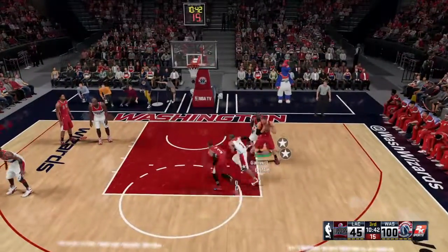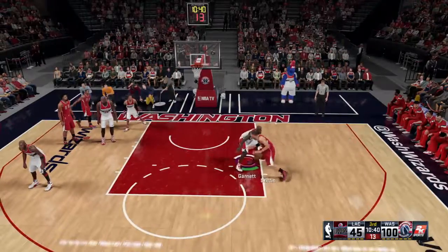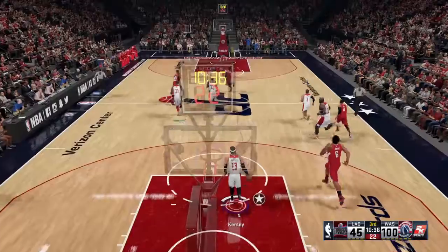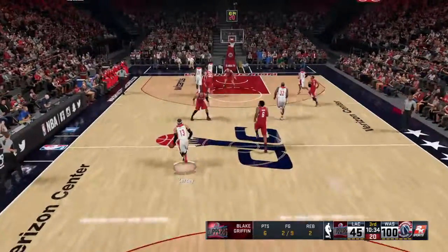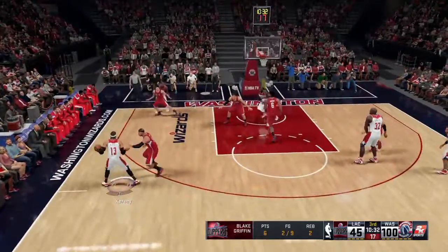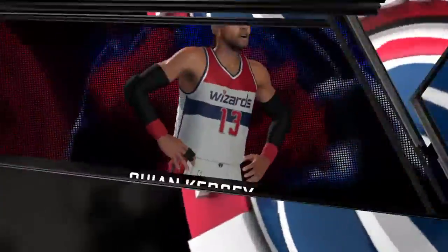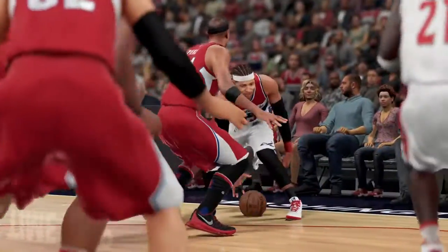Dishes it to Griffin. And that one hits back iron. They have yet to hit a shot. A real slow start here in the second half. Tries it from 19, and he gets the jumper to drop. 40 points for Q. Just a great hustle play there. Energy and